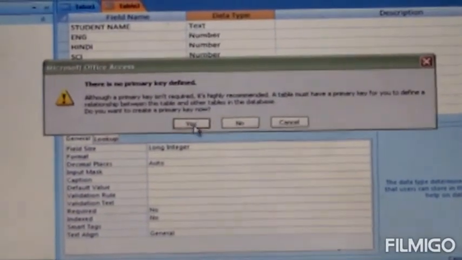Click on OK, and here you can enter the information like this: name, and so on. Like this you will enter the record.